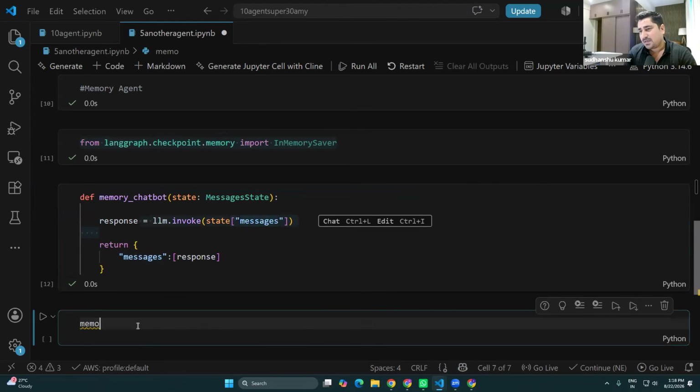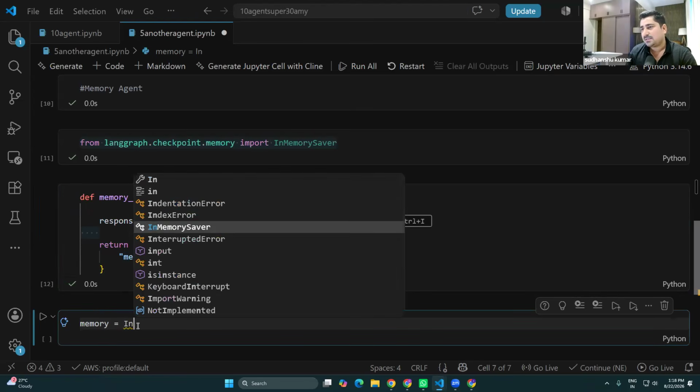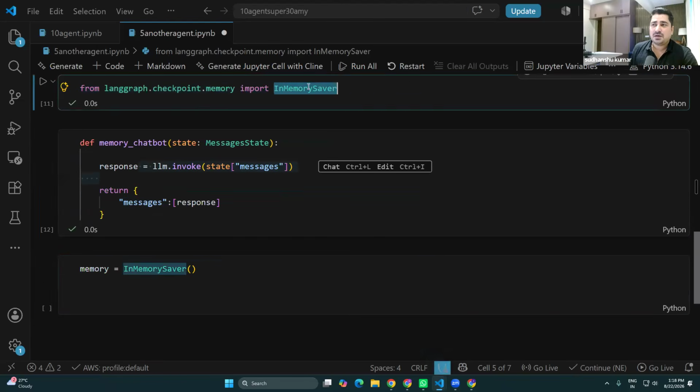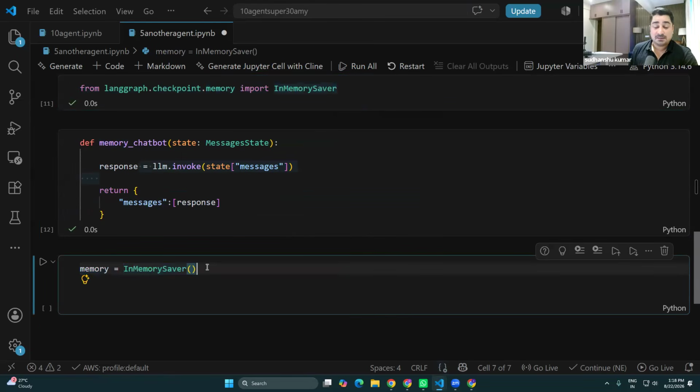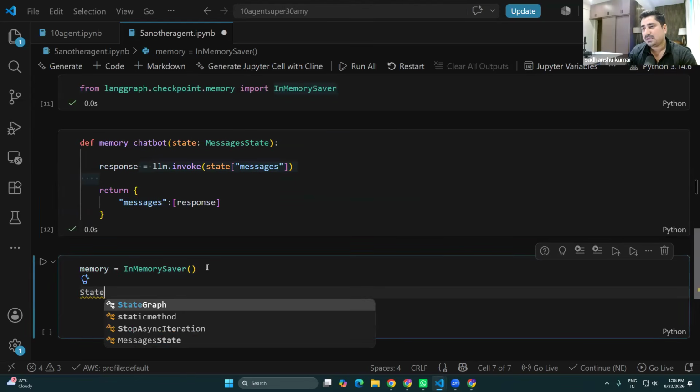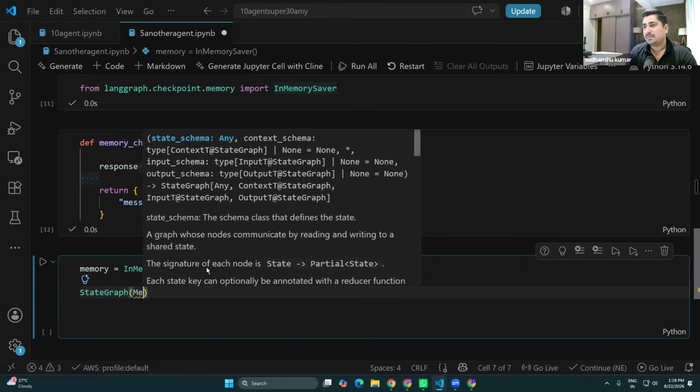So what we can do is create one variable called memory, and this variable is going to be the instance of MemorySaver, the import that we have done. Now here we will start our work with respect to the memory. So I will be using this particular library. Here I have created basically a simple variable memory, and then a state graph, and then message state,